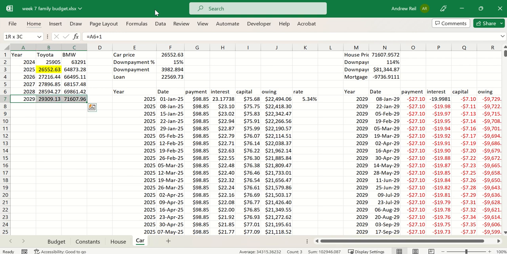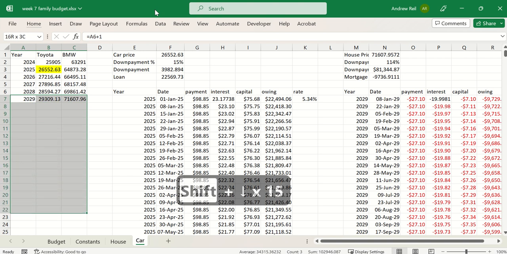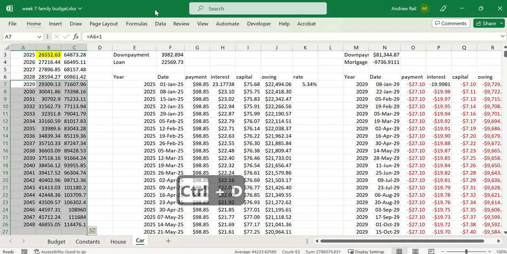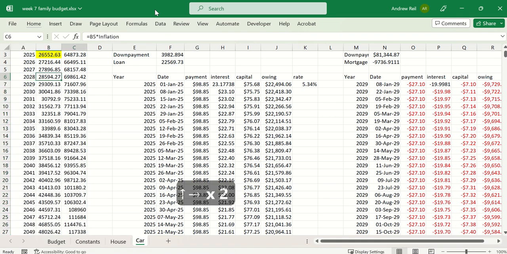So I'm going to bring it down. I'm actually going to bring it down to line 27, because we'll eventually need that. Control D. So in 2032, that's this one, and I'm going to yellow that, Alt HH,